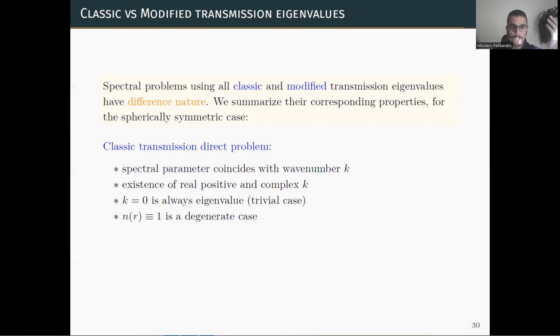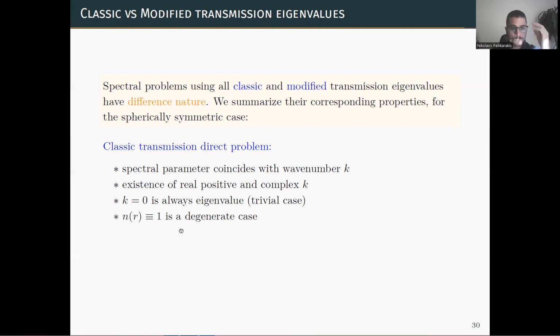Firstly, for the direct problem, and I'm always talking about only the spherical symmetric case. For the direct problem of the classic transmission eigenvalues, the spectral parameter coincides with the wave number. It's always this k or k squared, depending on the definition. This problem is non-self-adjoint, and there exist real, positive, and complex eigenvalues. Zero is always an eigenvalue, being a trivial case, and the homogeneous medium with refractive index equal to 1